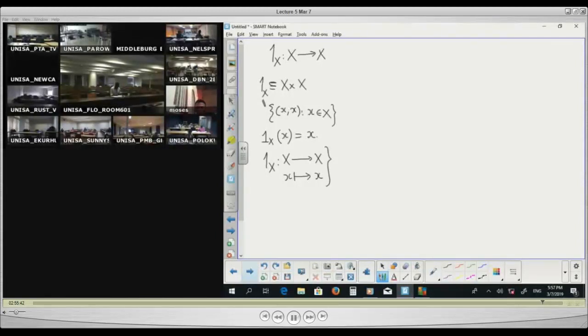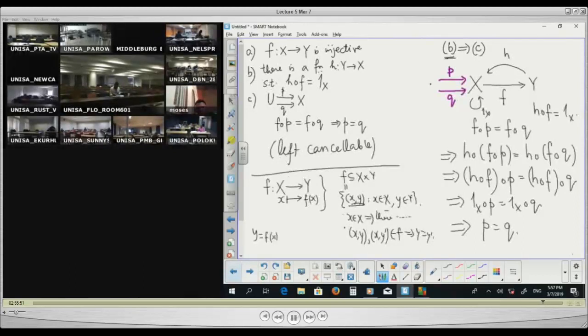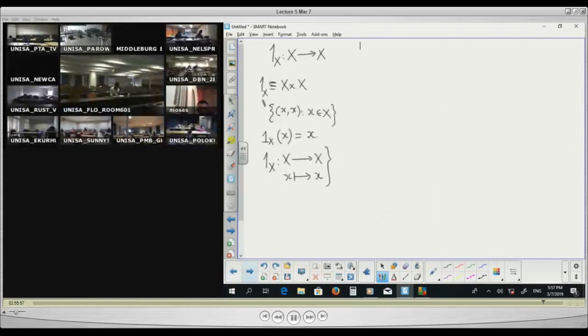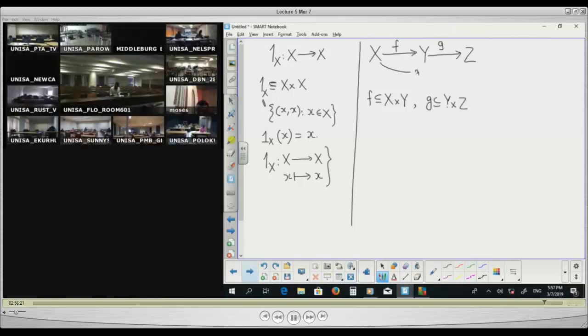When you have two such things, remember F is a certain collection of X cross Y. So is G. Now, this composite function, which I am writing as G circle F, this is also a subset, but now of X cross Z. And what is this subset? This subset looks like